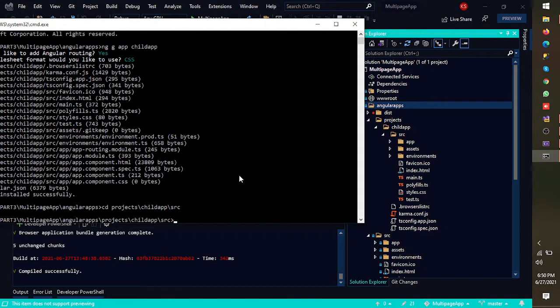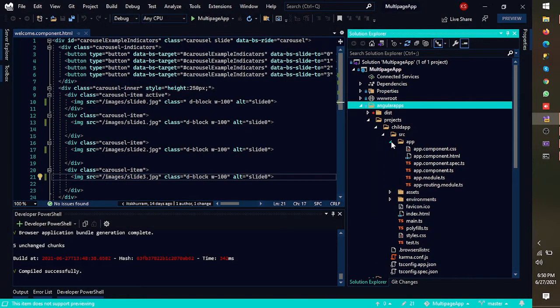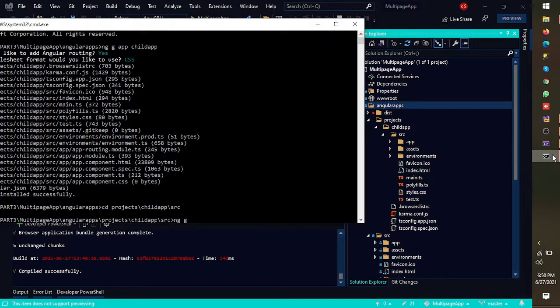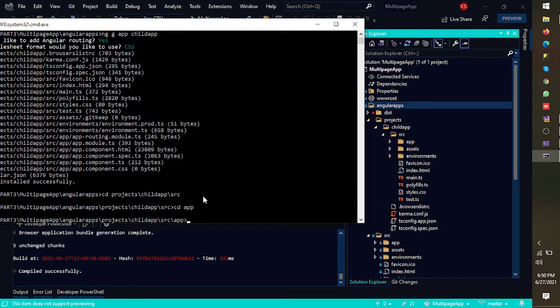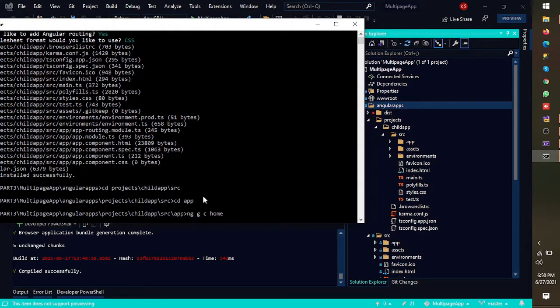Here in the source, I would need to add a couple of components. So ng generate component. I would need to go into the app folder. So cd app, and here ng g component home. First, I would need a home component.